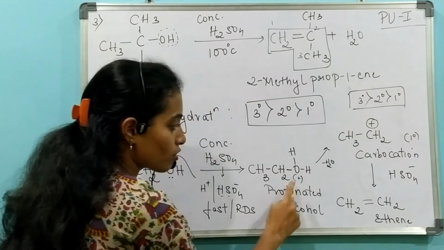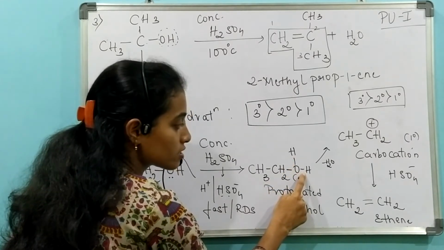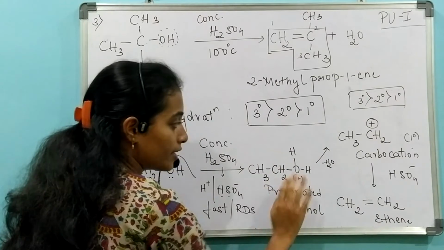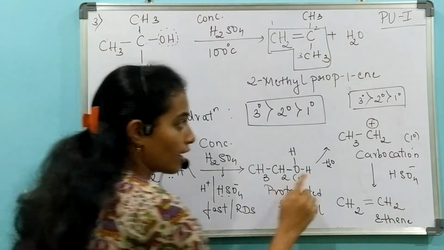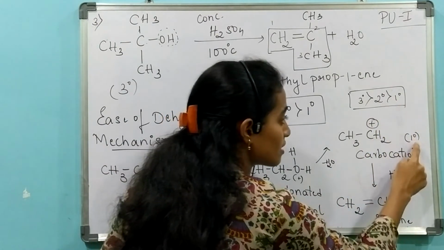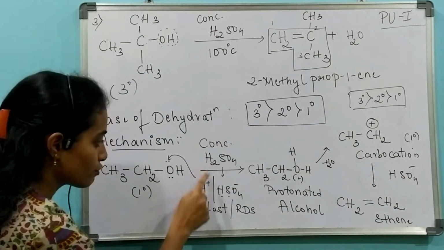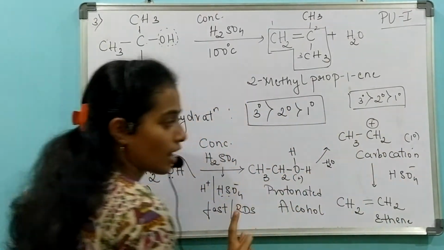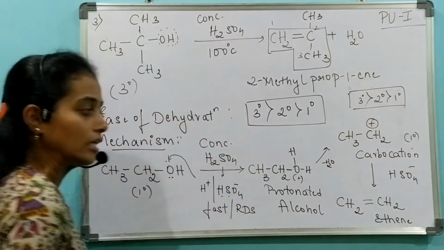And if you see here, oxygen is not stable because it has got 3 bonds, so it is trying to break the bond and it is moving out. That is, elimination is taking place, and you got the carbocation. The carbocation you have formed is less stable. Then your HSO4 minus from the sulfuric acid gives back its proton. So you got your ethene.